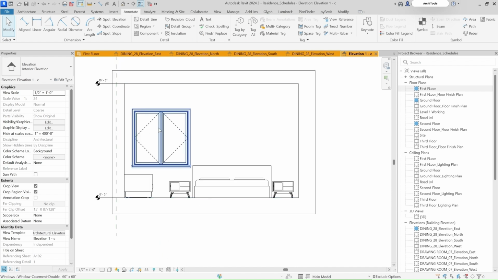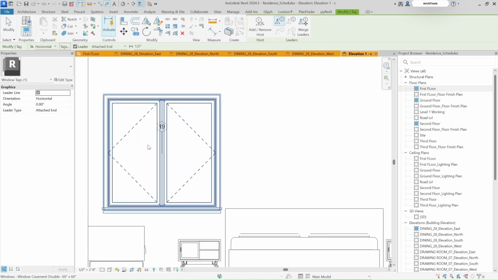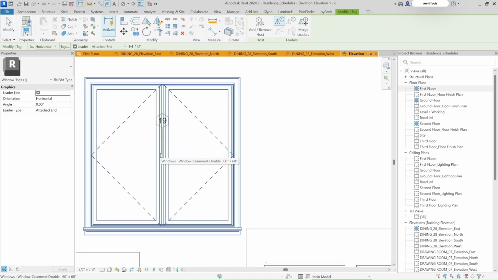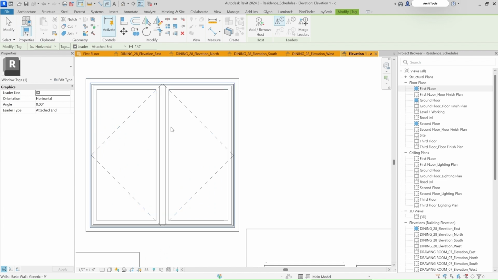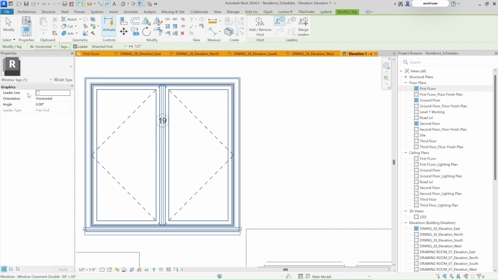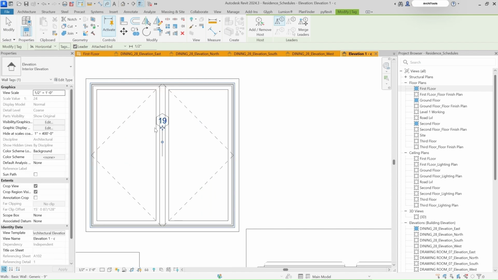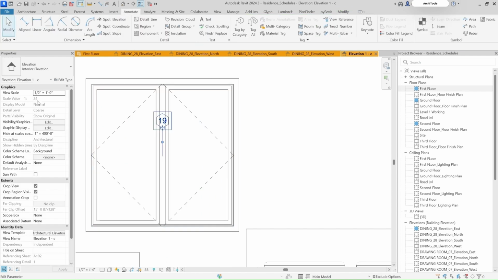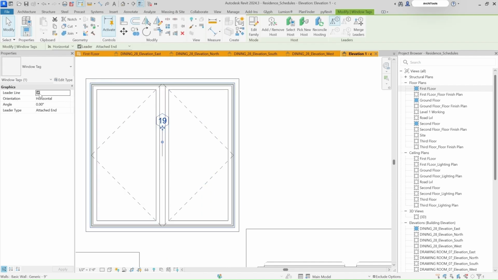window which is coming in this, or the door if in case it is coming in your elevation. So I'll press on TG for tagging, and if your door family or window family is loaded, you would be able to get your tagging. So I'll just select this, tag this. Now once I have tagged it, I'll just untick my leader point, because I don't